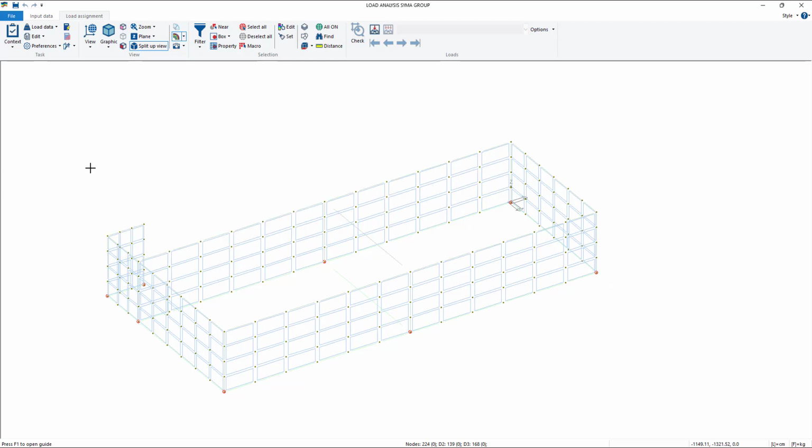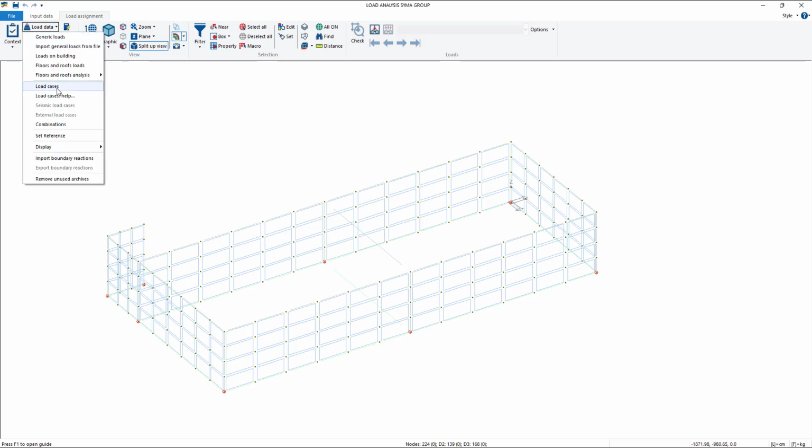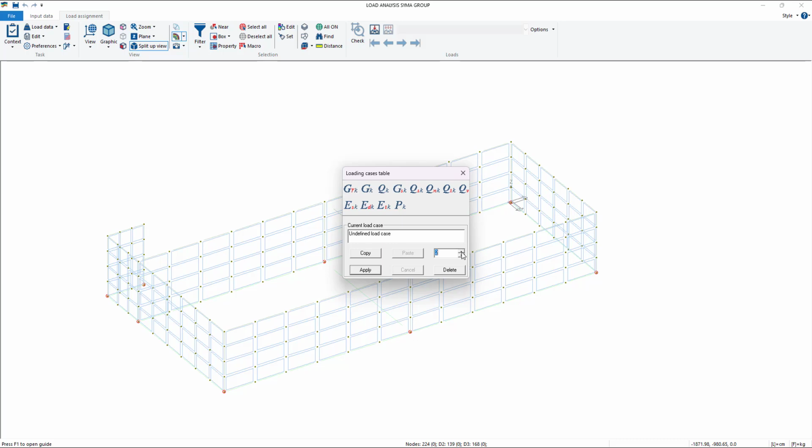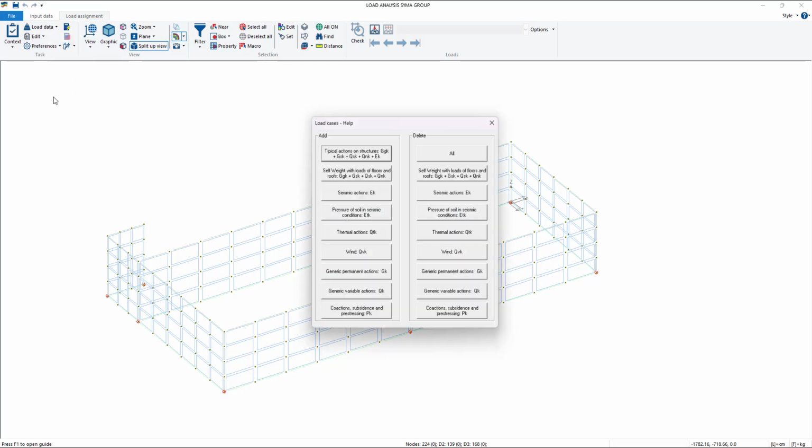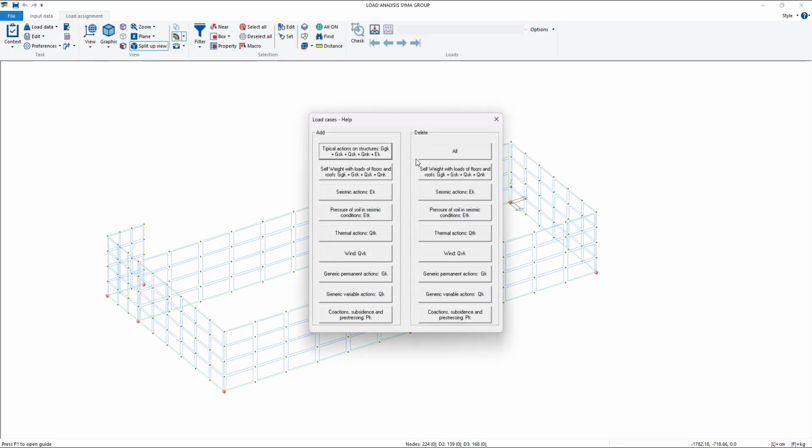And then in load assignment, we can define the load cases. So we go on load data, load cases, we see what we already have. We already have one load case for the self weight, and we can use load cases help to create all the typical actions of structures. So not only self weight, but also variable weights and seismic weights.